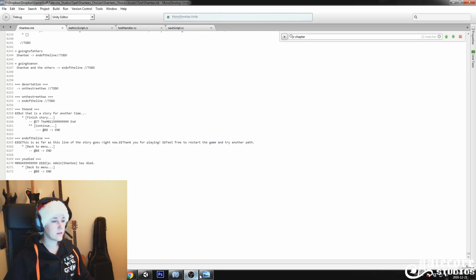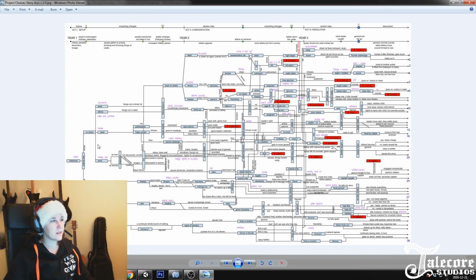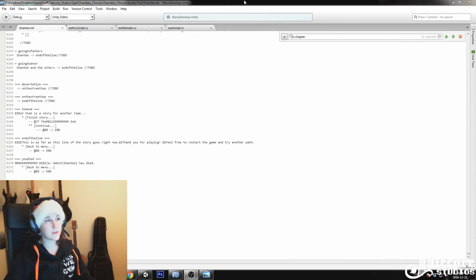So these are basically the main storylines: the army storyline, the rebel storyline, the on the street storyline, the getting married storyline, and the ship storyline. I know that you probably can't really read this, and as I said, this isn't really updated either. There's stuff in here that isn't going to be in the final version, and already while writing the army storyline that I have finished, I realized that stuff had to be switched around. So this is not that updated. Don't look too closely at it.